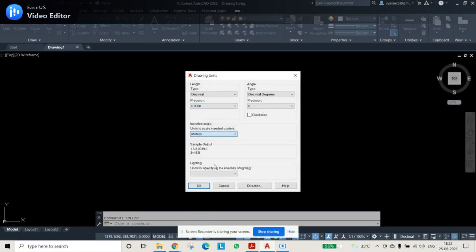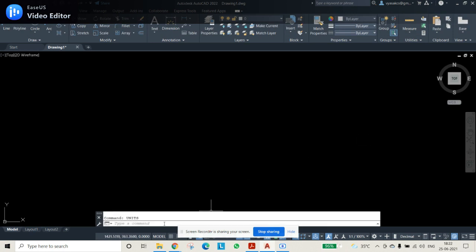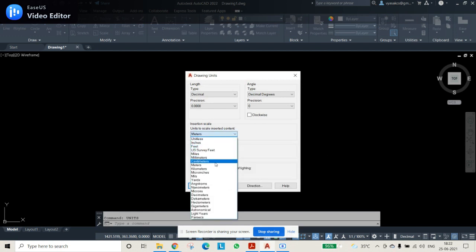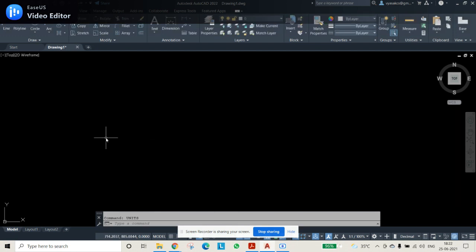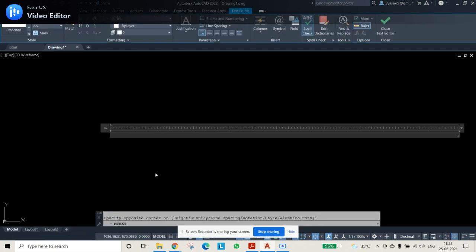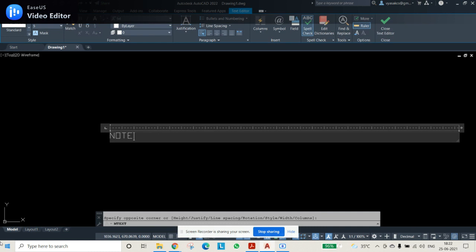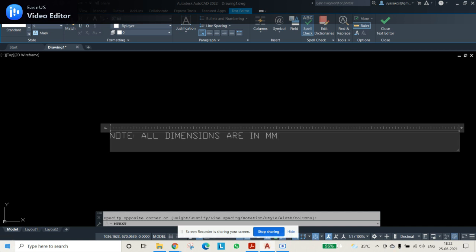Or else you can go with meters and draw the diagram, or you can keep the units in millimeters only, and write a statement stating that all dimensions are in millimeters and the scale is 1 is equal to 1 meter.